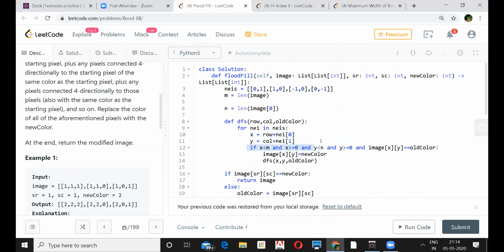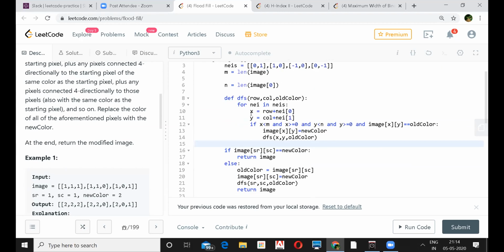This is the base condition, checking whether you are going above or below the boundary; it should be within the matrix. So x should be less than your row count and greater than 0, and likewise for the column, and it should be your old color. Only then do we modify it to the new color and call DFS again on this. Oh, so you have avoided the visited array over here. Yeah, exactly.